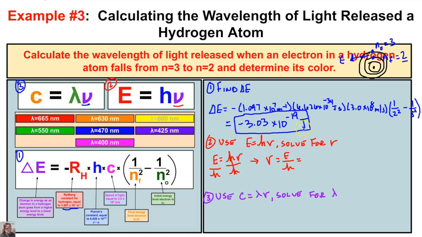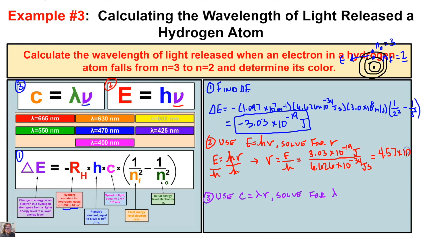However, we can't have negative frequency, so we're going to turn our delta E into a positive value, which is 3.03 times 10 to the -19th joules. We are going to divide this by Planck's constant, which is 6.626 times 10 to the -34th joule seconds. And when we put this in our calculator, we're going to end up with a frequency of 4.57